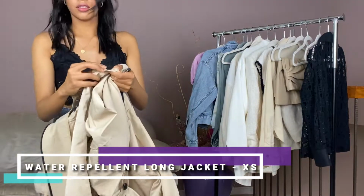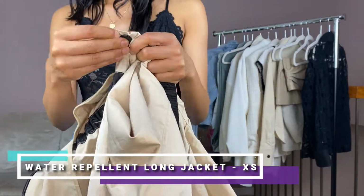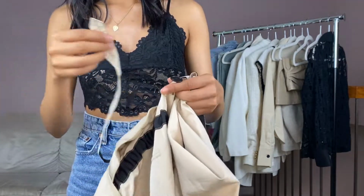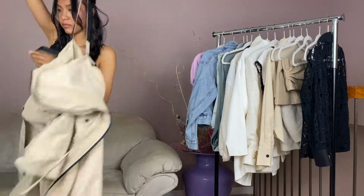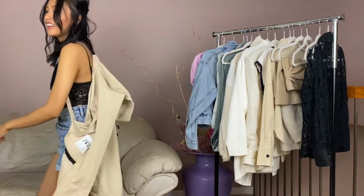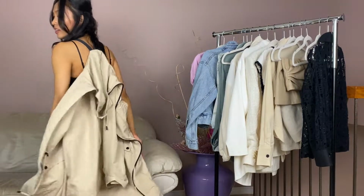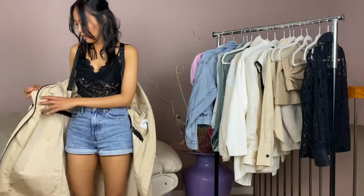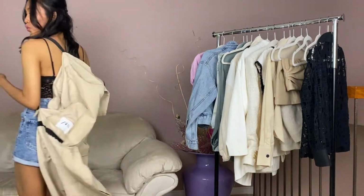option, but if you want to keep it open, because you know sometimes jackets are way nicer when you leave them open, then you have that option, and then you can make sure that it stays on you. So I like that little added feature. I also like the color, and it looks like a nice coat. It doesn't look like your typical raincoat, and I like that because you can wear it just as a jacket,